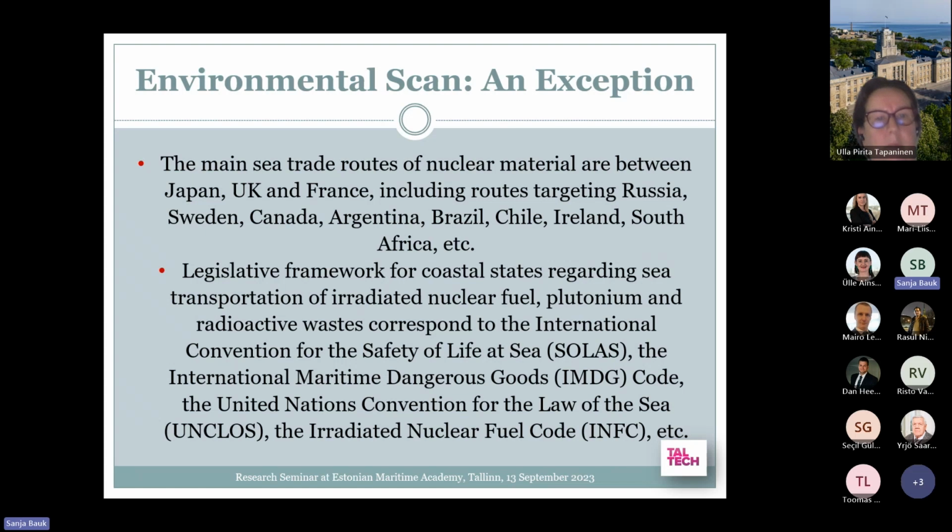So the main sea trade routes of nuclear material are between Japan, UK, and France, including routes targeting Russia, Sweden, Canada, Argentina, Brazil, Chile, Ireland, South Africa, and so on. And these are the countries which have nuclear plants or have uranium ore, and therefore they are included in this transportation. For instance, Japan exports nuclear waste to France or to North America. South Africa is exporting uranium to North America